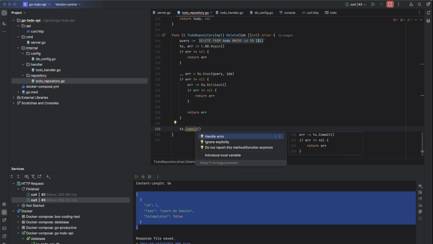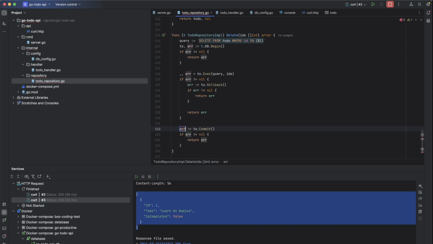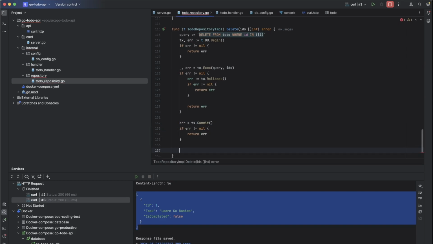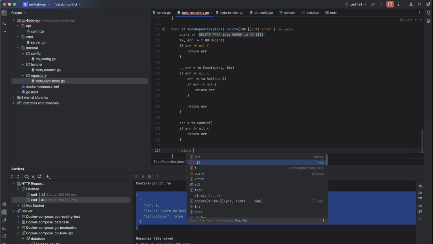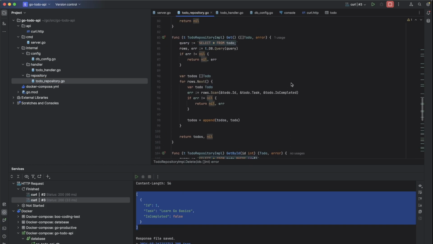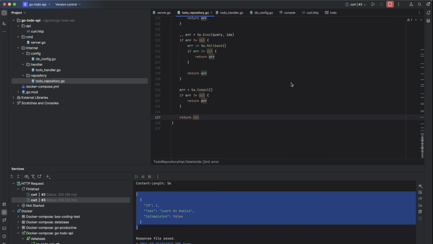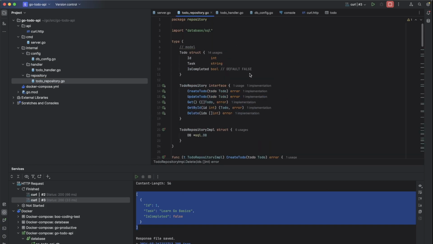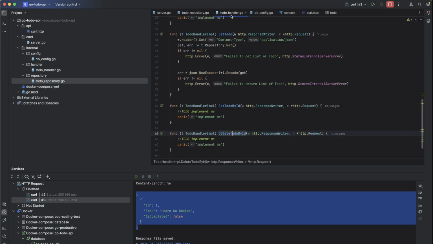Commit, handle the error. If everything goes well, we will return no error. Okay. That is all for the repository implementation. Let's go to Handler now.